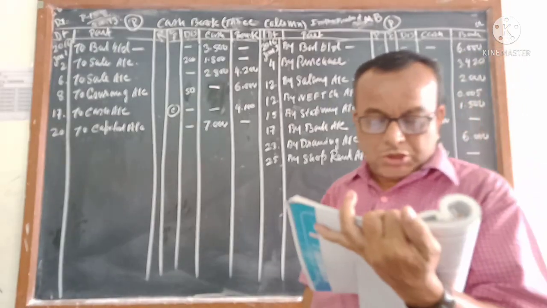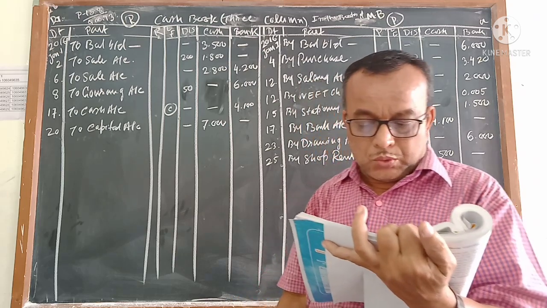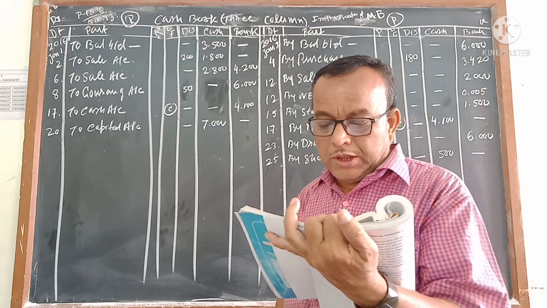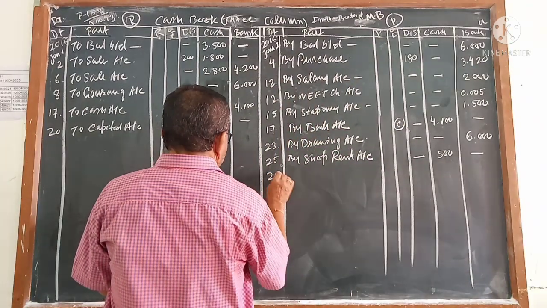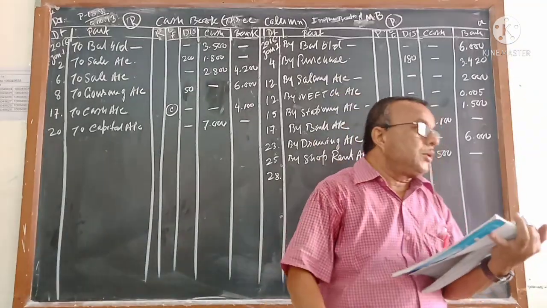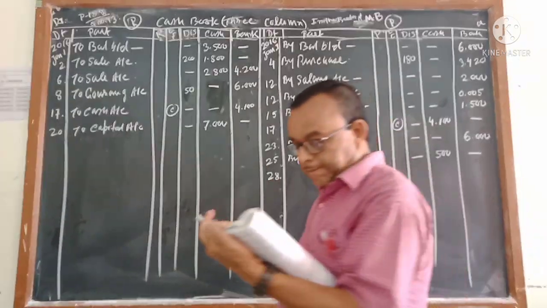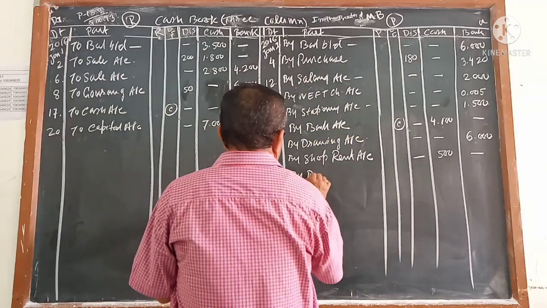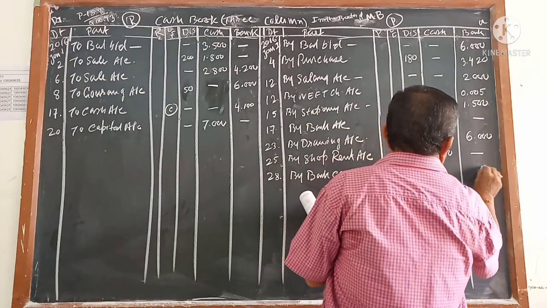Now 28. Bank debited 30. If bank is debited, we will credit. Bank debited ₹30 for bank commissions and ₹20 for SMS charges. If bank is credited, we will debit. Once again I am telling you, if it says bank debit, you have to write in the credit column, and if it says bank credit, you have to write in the debit column. Bank debit ₹30 for bank commissions, so we will write here bank commissions, 30 in the bank column.